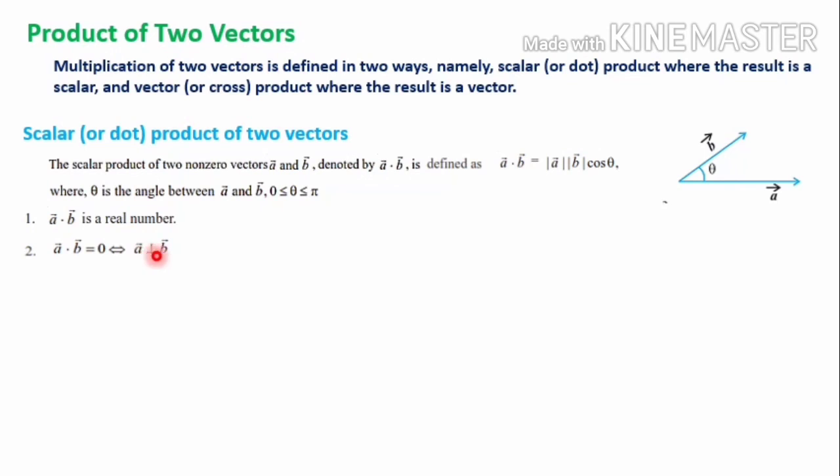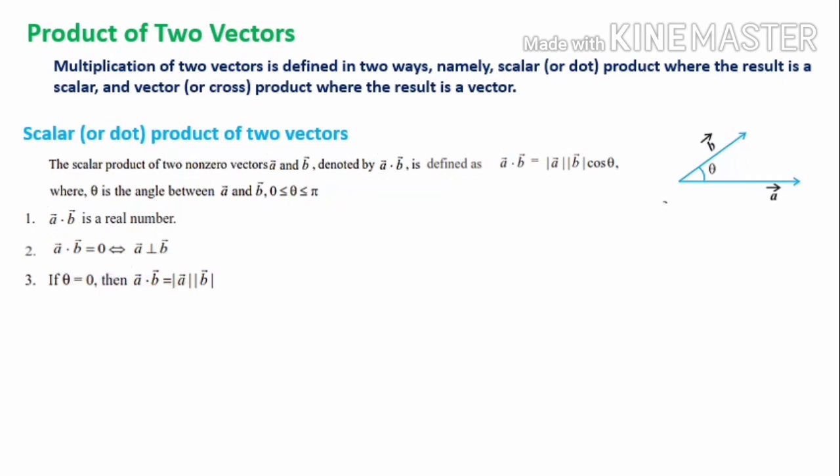So vector A is perpendicular to vector B in the sense that theta becomes 90. So cos 90 is 0. That's why A dot B will also be 0. So this is a very important result. If we want to prove that two vectors are perpendicular, we have to prove that A dot B is equal to 0. The third result is if theta is equal to 0, then vector A dot vector B